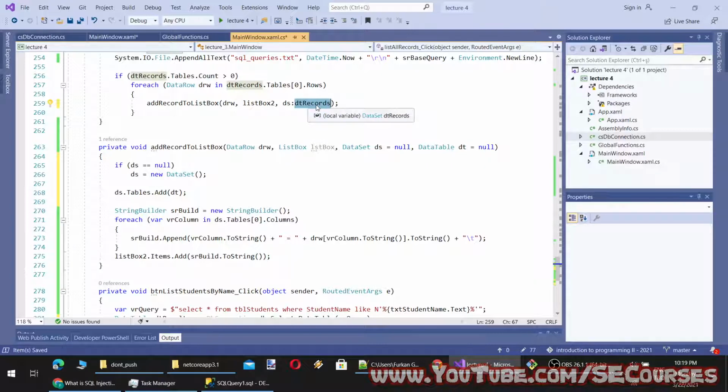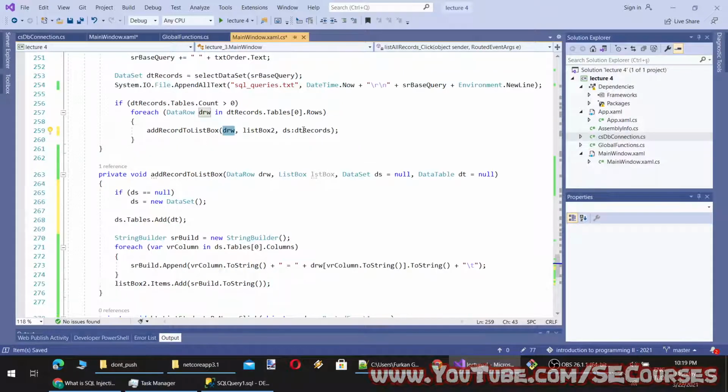So this is a local variable and it is an object class type, therefore its reference will be provided. And this one is a field of the main window, therefore its reference will be provided. And this one is a local variable, therefore its reference will be provided.